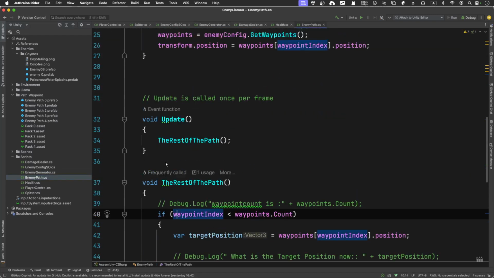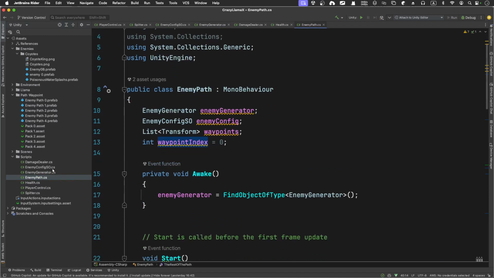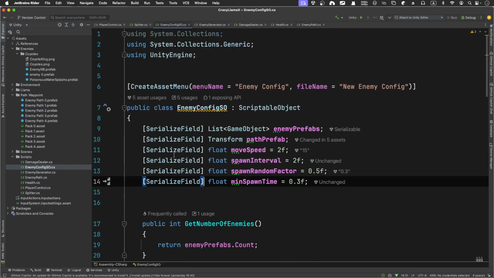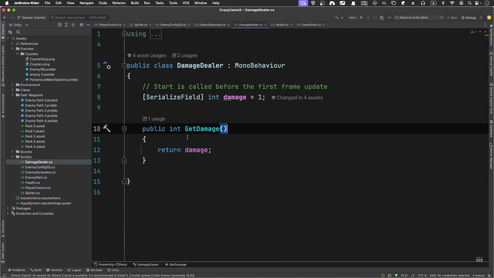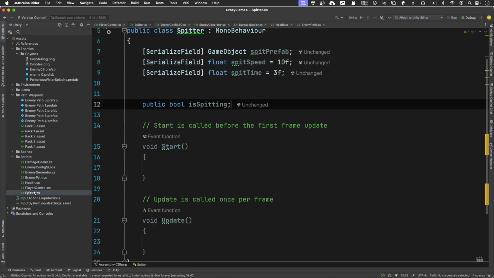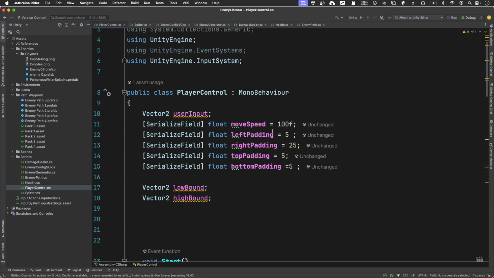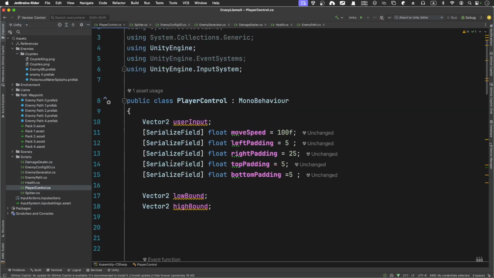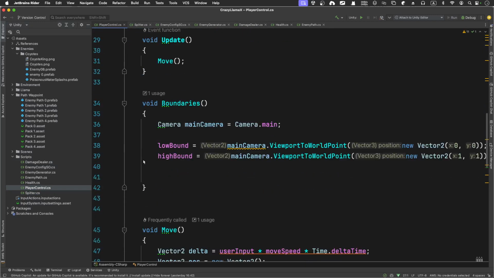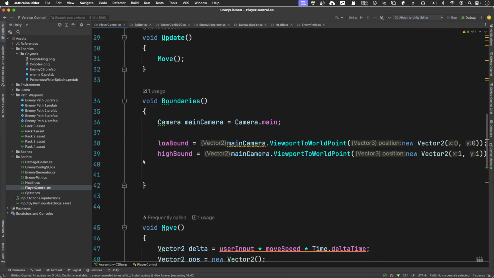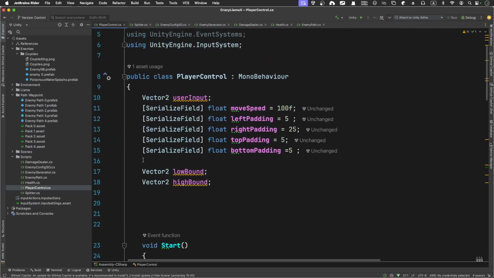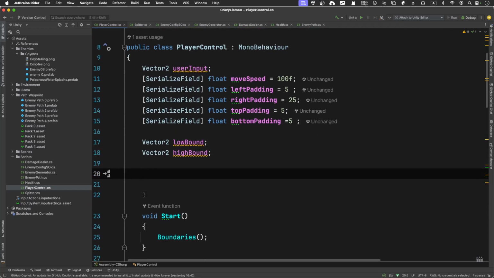Sorry, I haven't found that yet. So spawn time, damage dealer. Never mind. I think we already wrote similar code before, but it doesn't really matter. Sorry about that. So let's just